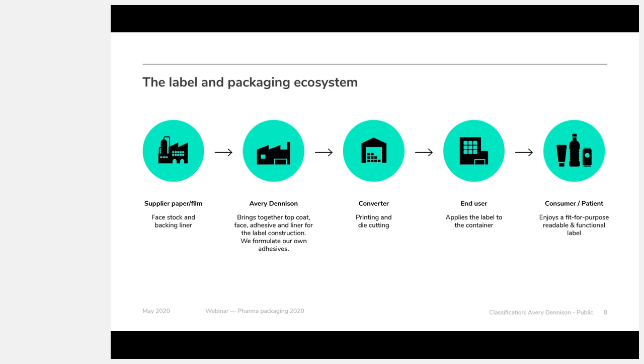So now, where does Avery Dennison sit in that ecosystem? As I was explaining, we are sourcing face material, liner material, chemicals, and then we are formulating our adhesive. This is unique to Avery Dennison in this ecosystem. We don't rely on third parties to formulate. We are formulating ourselves. But then we bring together the top coat, the face, the adhesive, the liner, and we make big jumbo reels that will be slit into smaller cheese reels, and those will be shipped